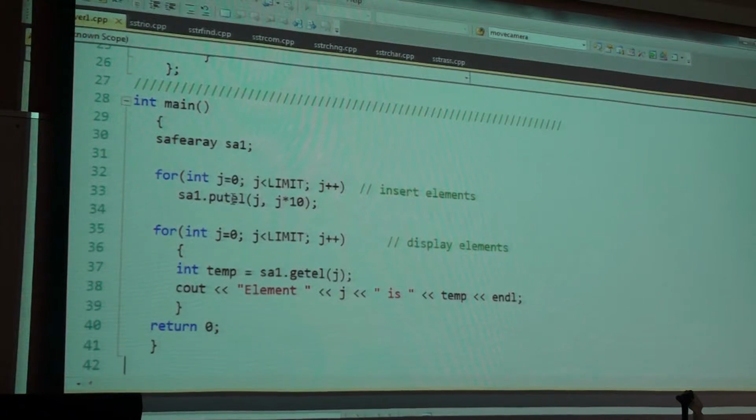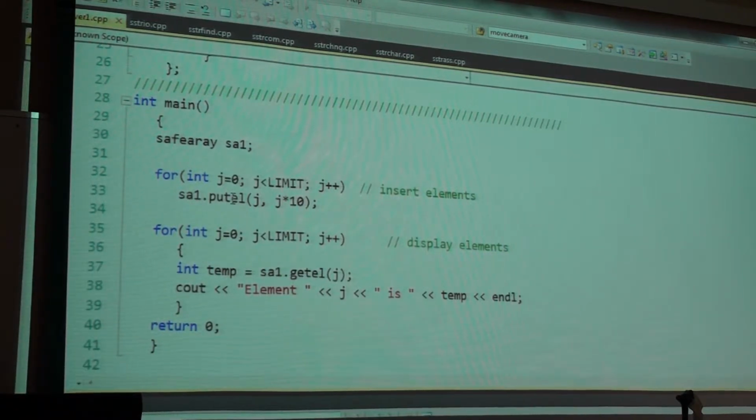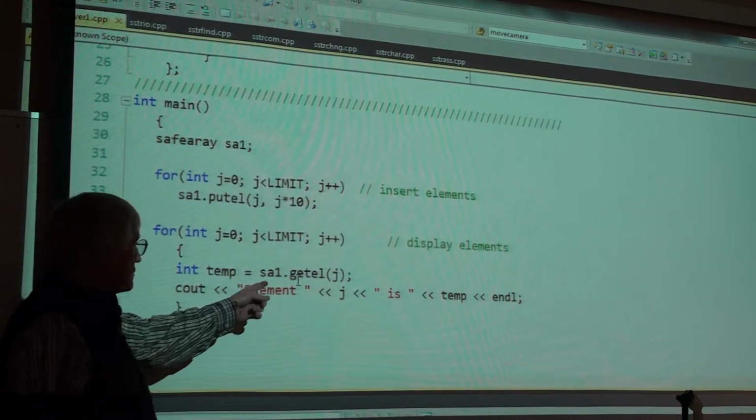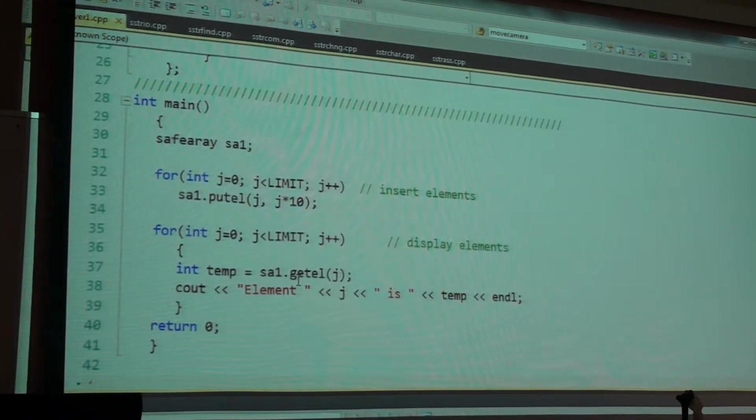Sometimes, way back when, we used to call them putters, but in any event, setters set values into the object for us. Okay? Getters are get here, give me, return for me, the jth element of that array.